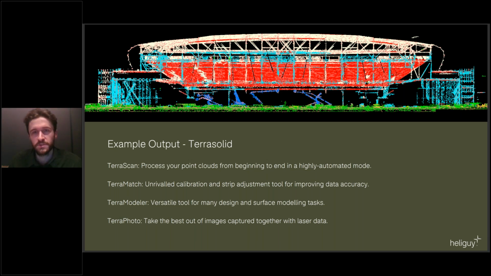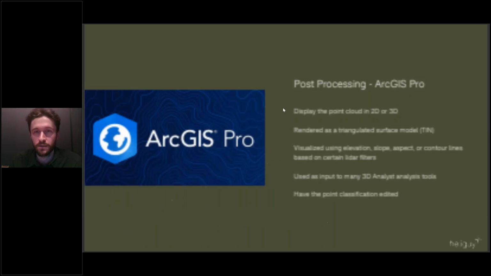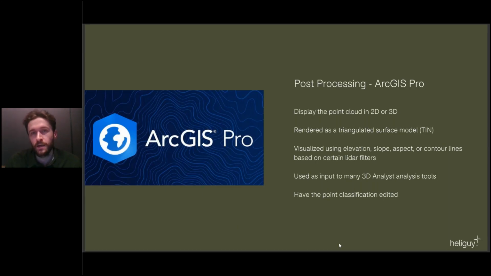So another option is to go through ArcGIS Pro. So this enables you to display the point cloud in 2D or 3D. It can be rendered as a tin model, and it can be visualized using elevation, slope, aspects. You can set up contour lines based on certain LiDAR filters. So there's a number of derivatives you can get there from the LiDAR data. And